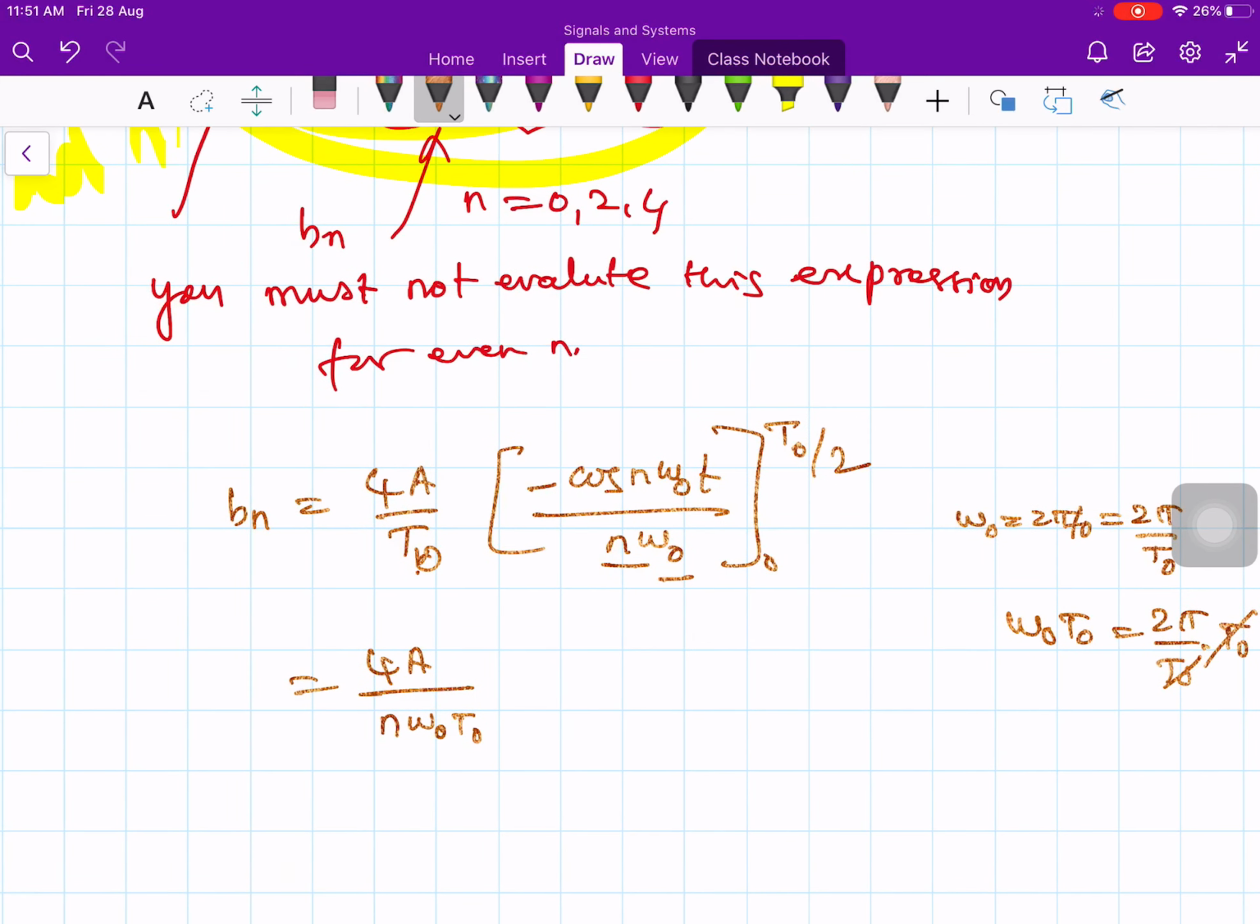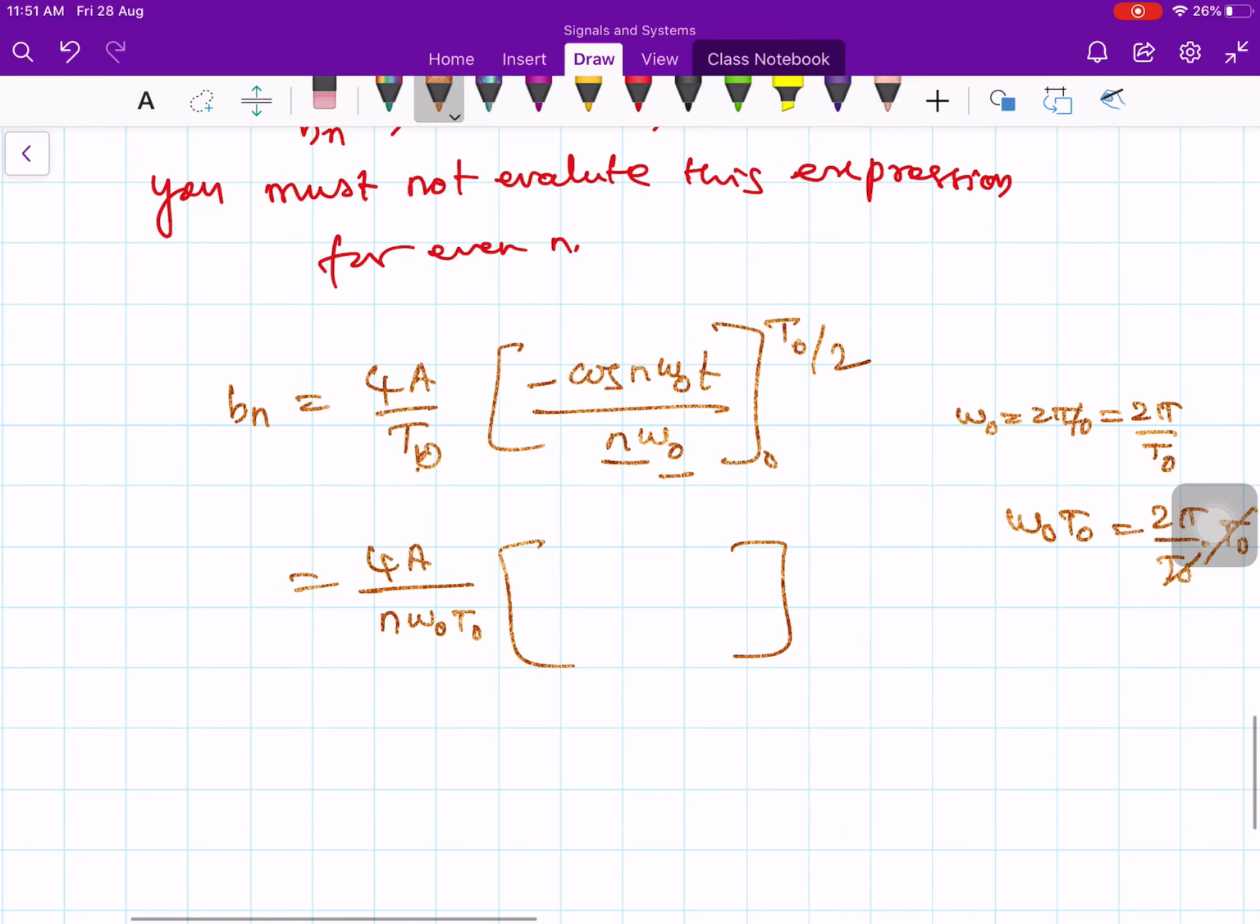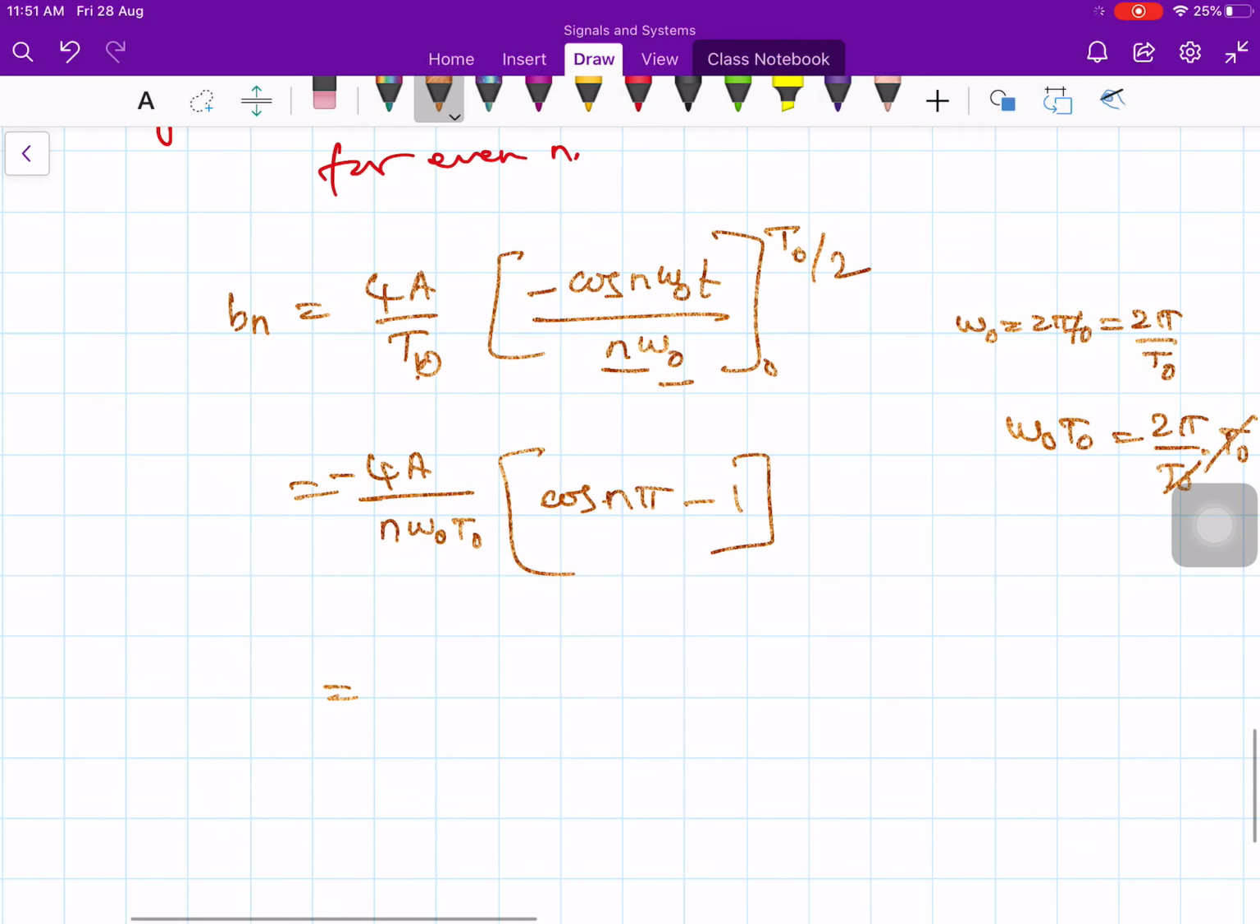So for this term, you substitute the upper limit and lower limit. Then finally you will get the result as this: minus, you can pull out outside. Then what is the upper limit? Cos of n omega naught T naught by 2, that is n pi, right? Minus cos 0, which is 1. Okay, and minus 4a by 2n pi,